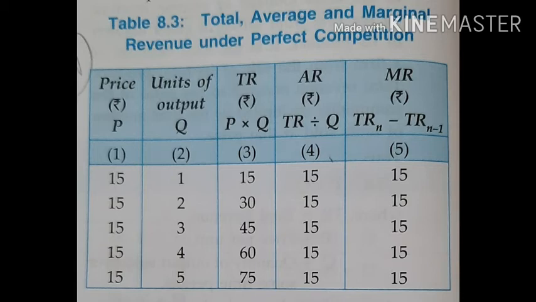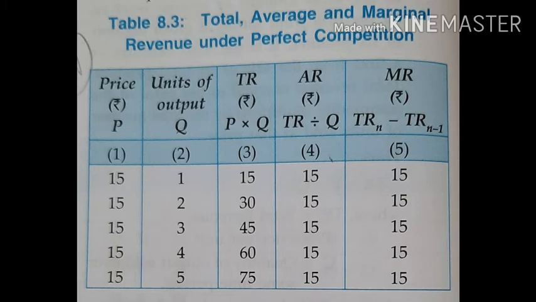Keeping this point in mind, we will see that a firm under perfect competition is able to sell an additional unit of output at the ruling price, that is, every successive unit, which we term additional or marginal unit. Every additional unit is sold by the firm at the same price, and that price we call the ruling price because it is given by the industry to a firm. So the firm is not required to reduce the price to sell more because it is not the price policy of the market.